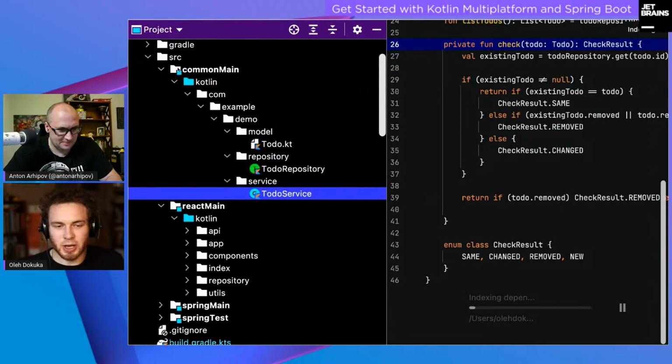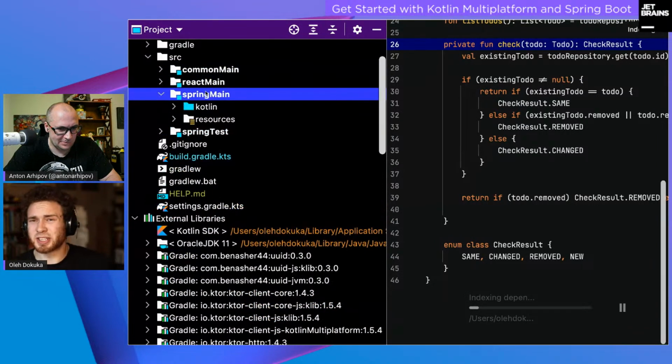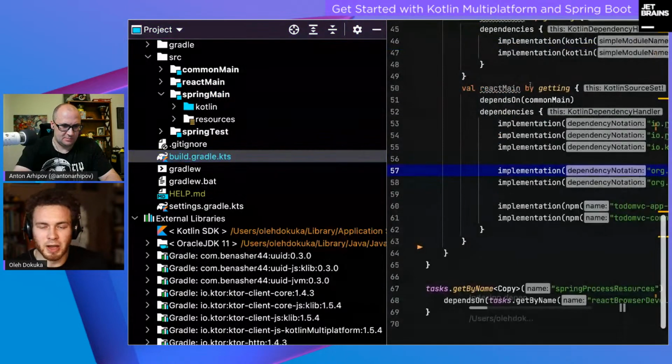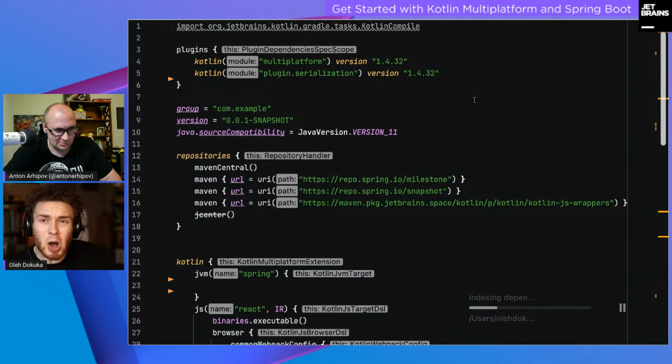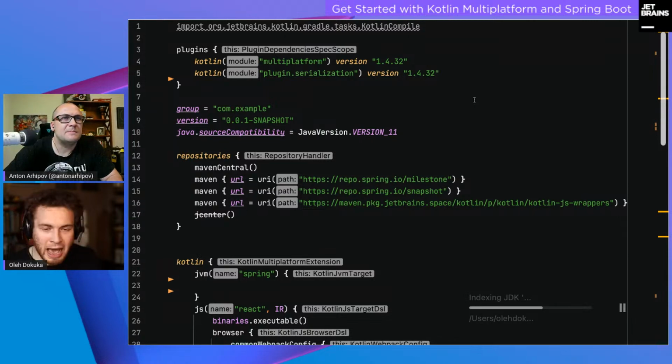All right, so this was a short intro into what we have, and now we want to start building the real logic. As I mentioned, we want to have Spring at the backend, but at the moment we have zero Spring dependencies here. So you may wonder, okay, how can I port a Spring application into Kotlin Multiplatform? Because there is no generator for a Spring app applicable for Kotlin Multiplatform. Fortunately, don't be afraid. What you have to do is go to